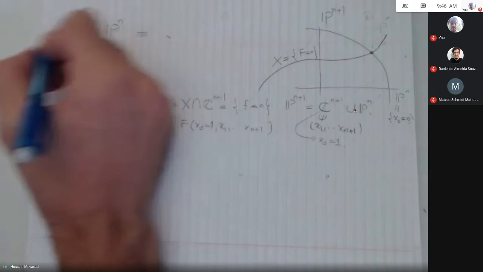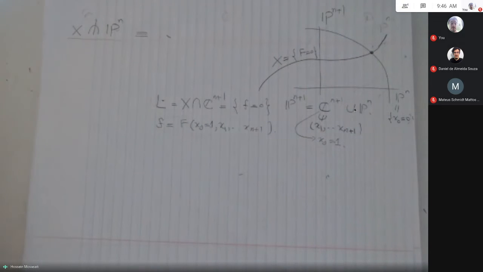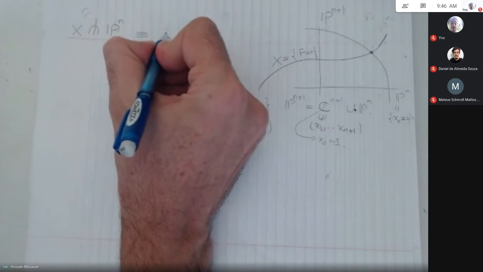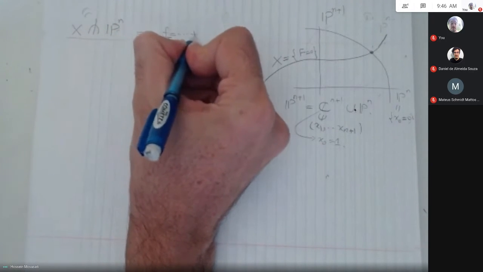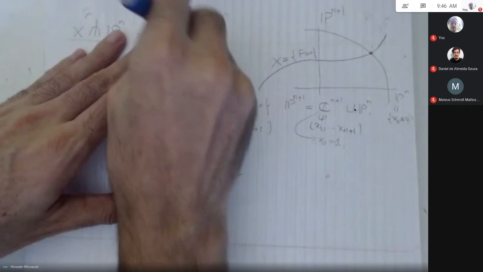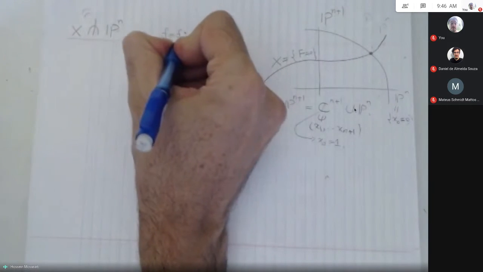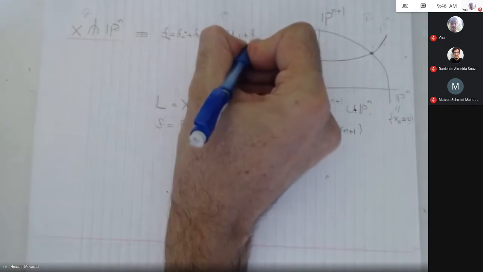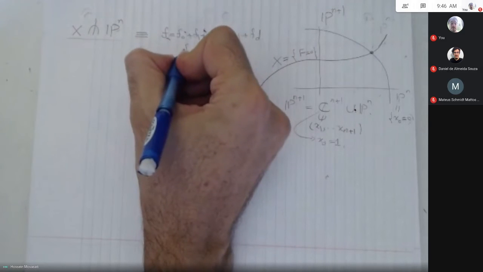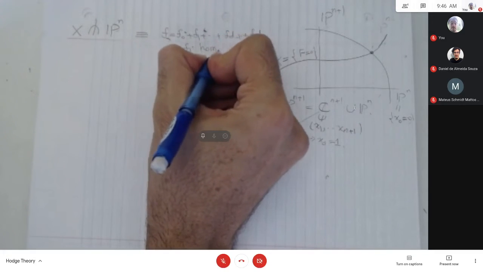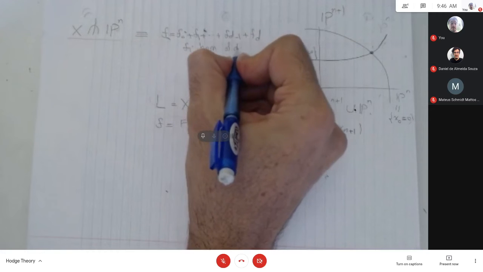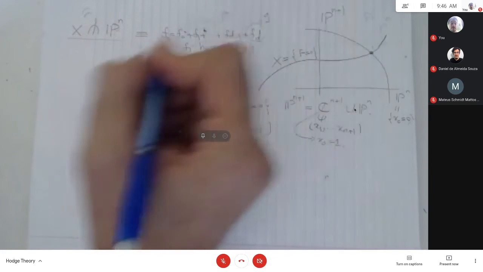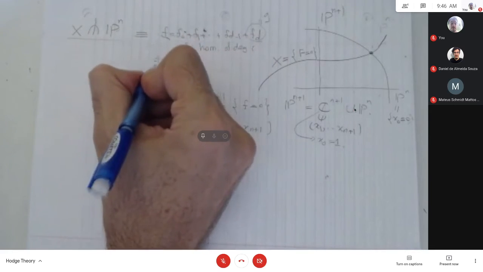Anyway, so X intersects Pn transversally, it will be translated into this fact that if we write f in homogeneous parts, F0 plus F1 plus Fd minus 1 plus Fd, and this Fi homogeneous of degree i, then I call this one G. It will translate into this fact that G